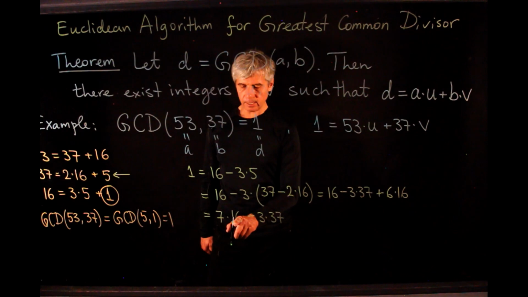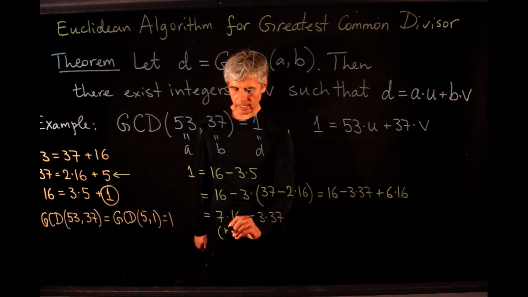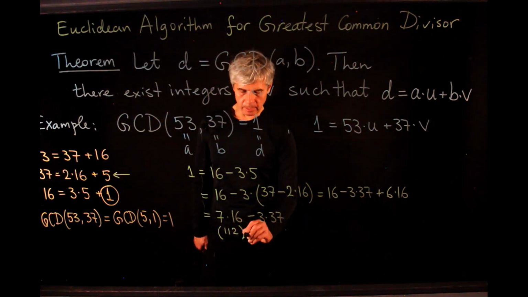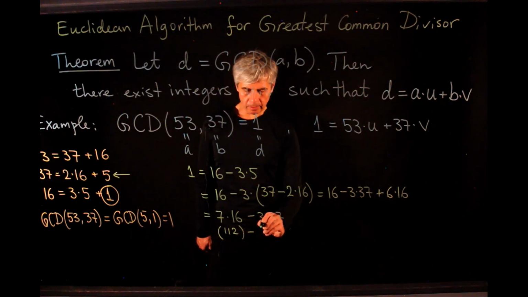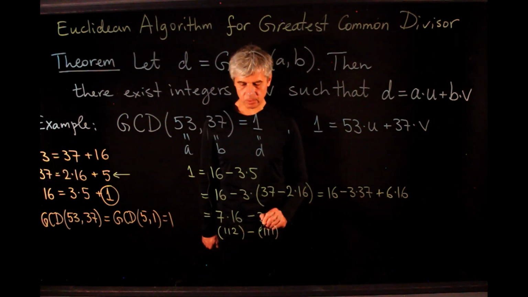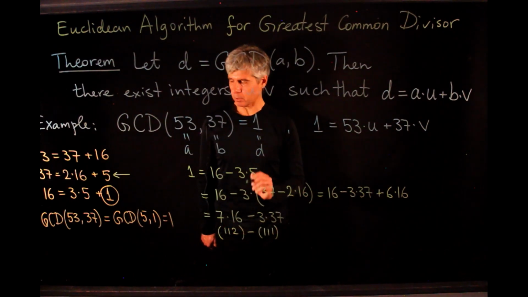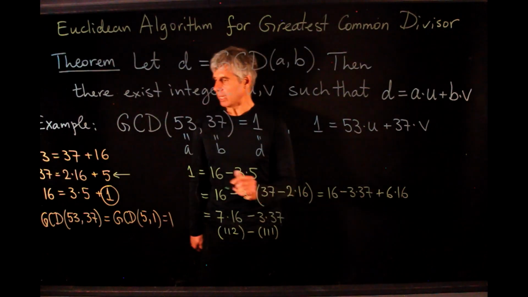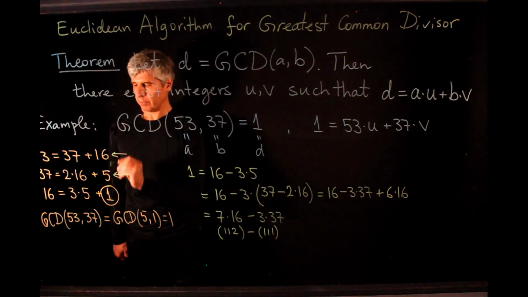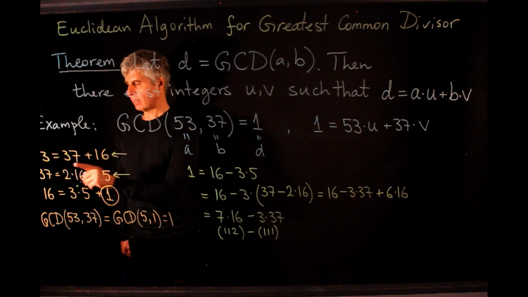Here we get 70 plus 42, so this number is 112. And 3 times 37, that's 90 plus 21, that's 111. Okay, so this works out. So we have 1 is 112 minus 111. So far, so good. Next, we climb up in our chain of equalities, and we can write 16 as